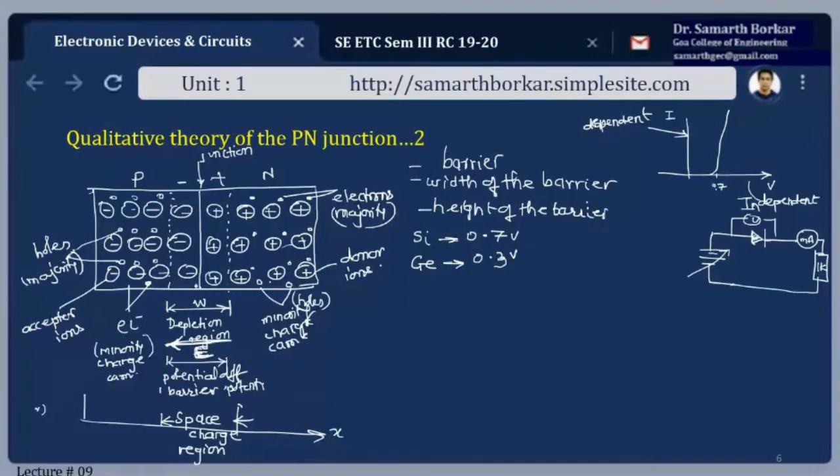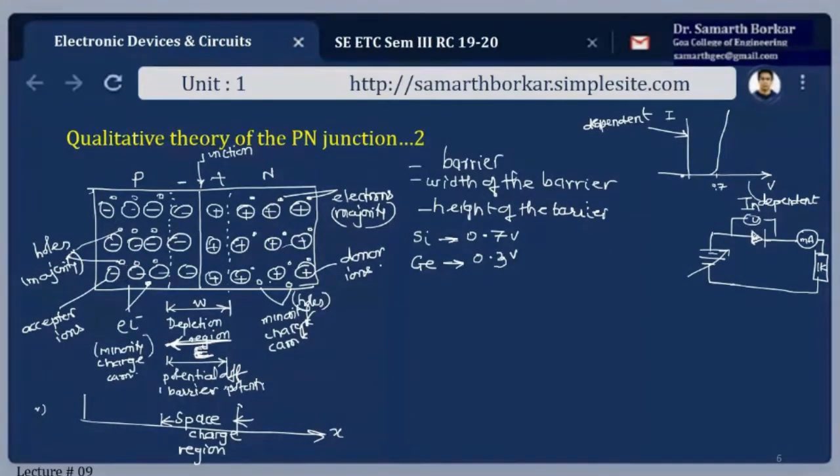The height is referred to as barrier height. Fine, it has to overcome this much of a voltage. If it is germanium, it will restrain up to 0.3 volt. The moment we give a voltage of 0.3, this will break down, and then there will be a tremendous amount of movement of these electrons and holes. So heavy current is going to pass through this block. I hope this is clear.